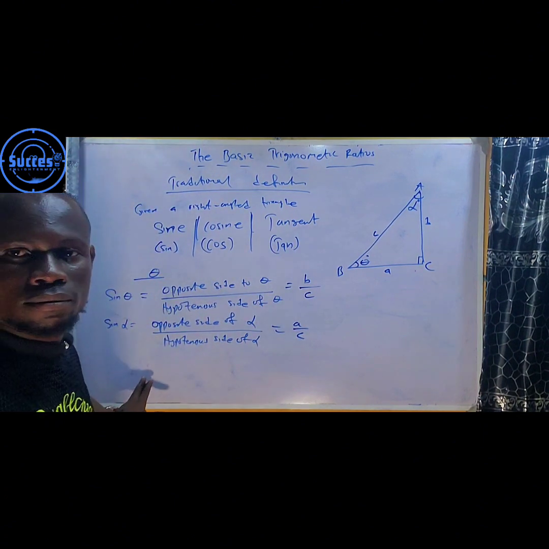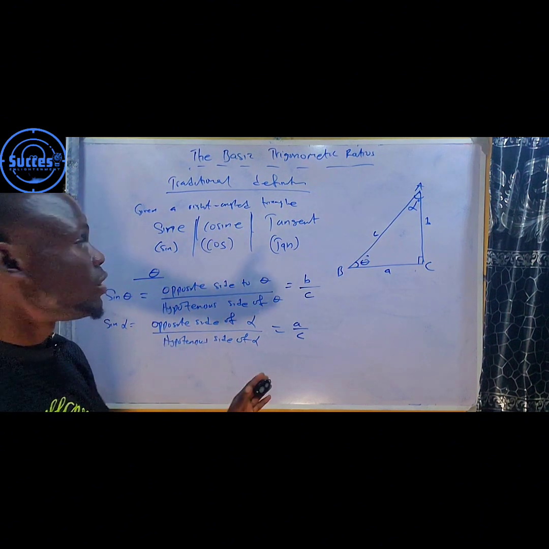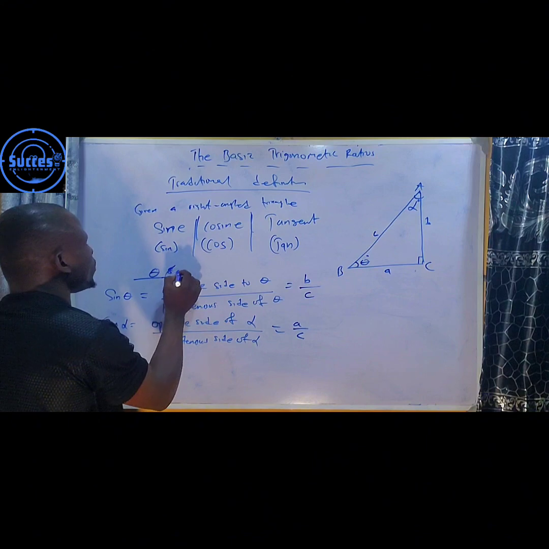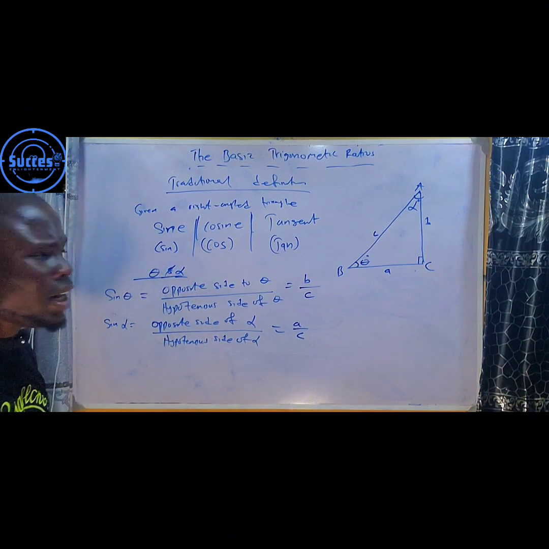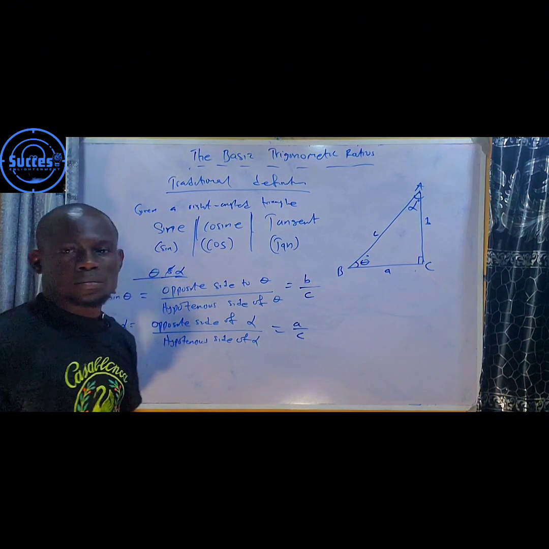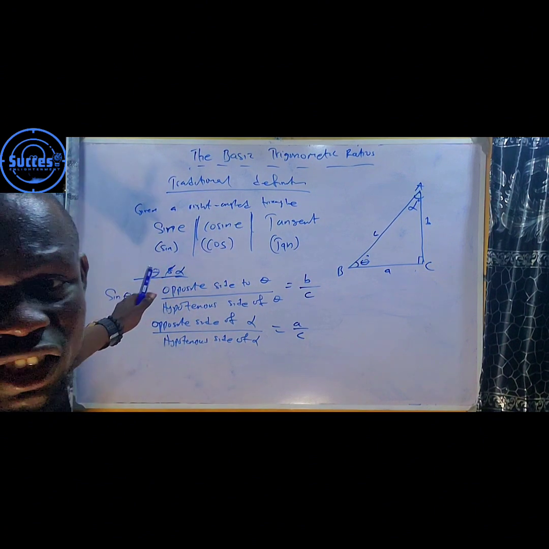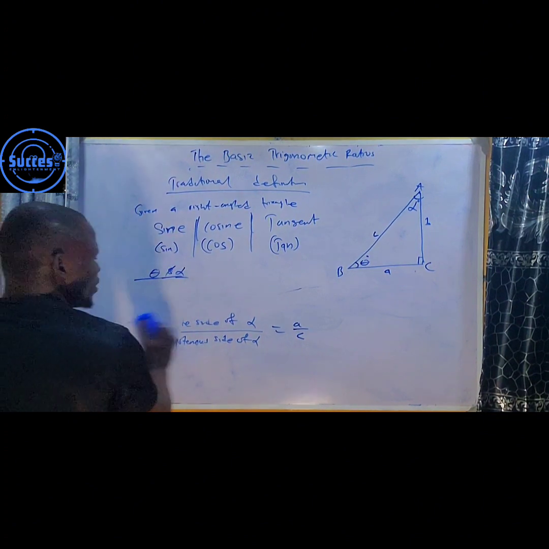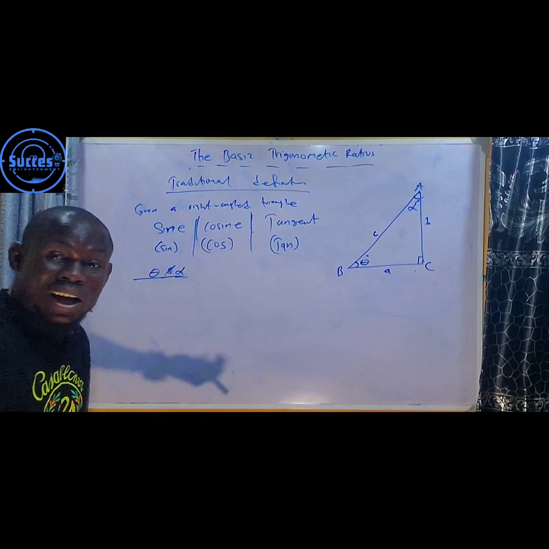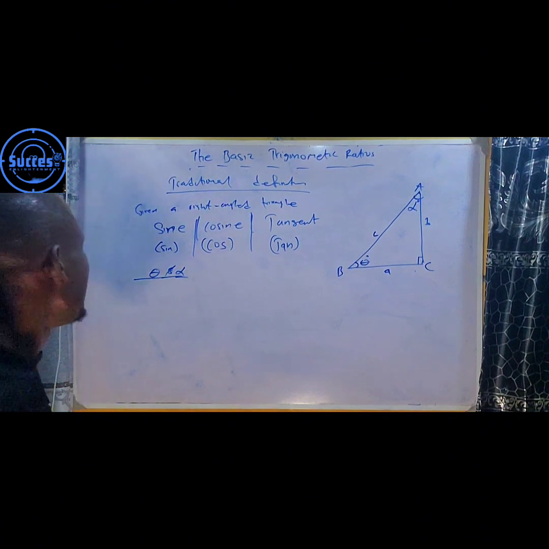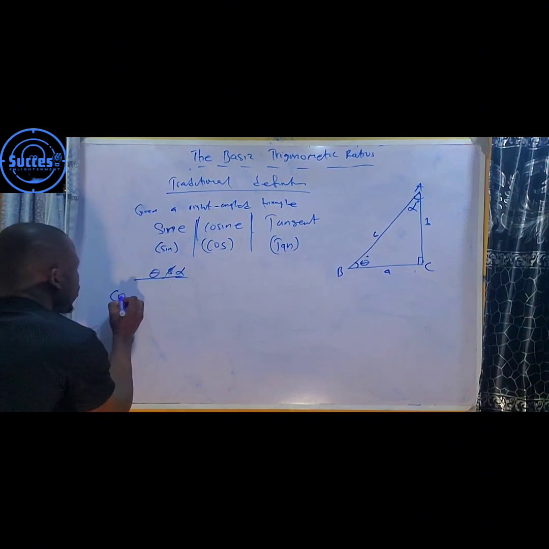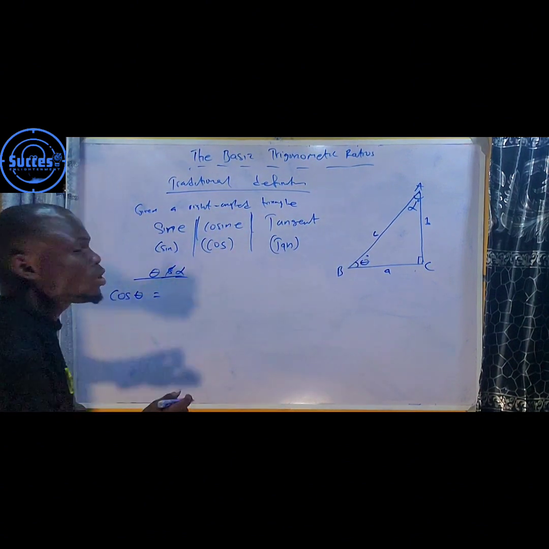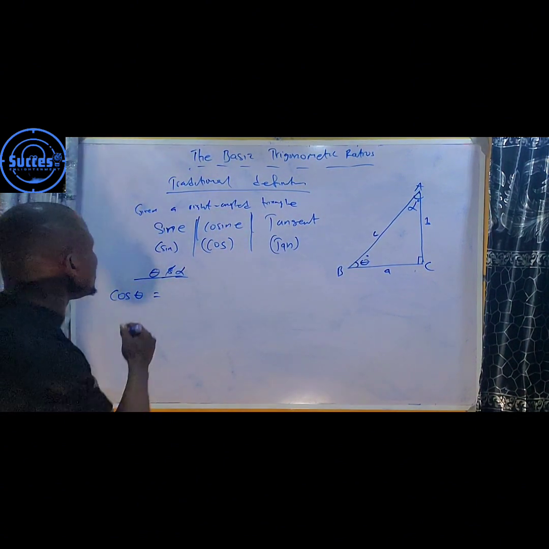Now, let's deal with the traditional definition of cosine. Here we explain angle theta and angle alpha. Now, the definition of cosine is very, very simple. If you still remember your SOHCAHTOA, it's still the same thing. So, dealing with cos theta, let's see angle theta here. By traditional definition, cos theta is equal to the ratio of the adjacent side of theta